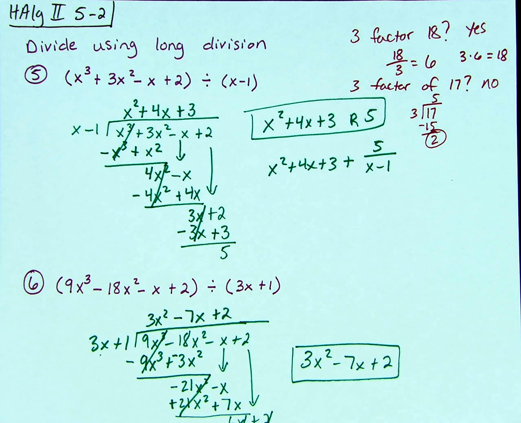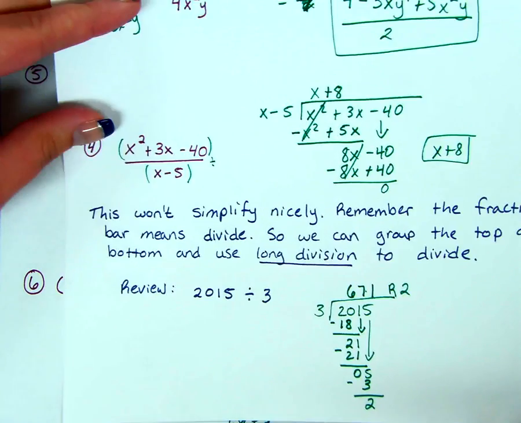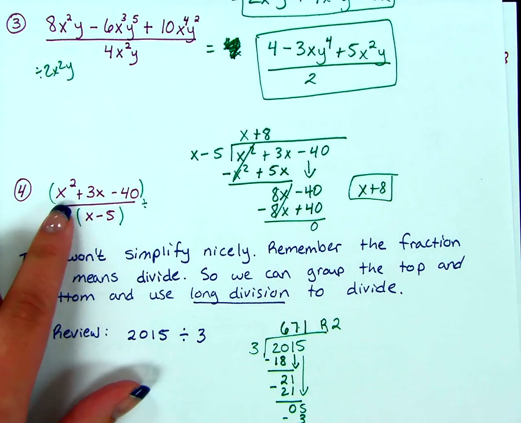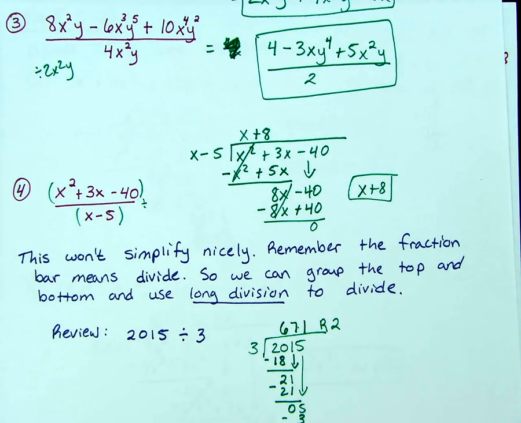This becomes important when we are dealing with cubic, quartic, and quintic polynomial functions. Quadratics are easy because we've already talked about how to factor those. So even if we go back to one of our beginning problems, x squared plus 3x minus 40, instead of dividing by x minus 5, if I just factor that,